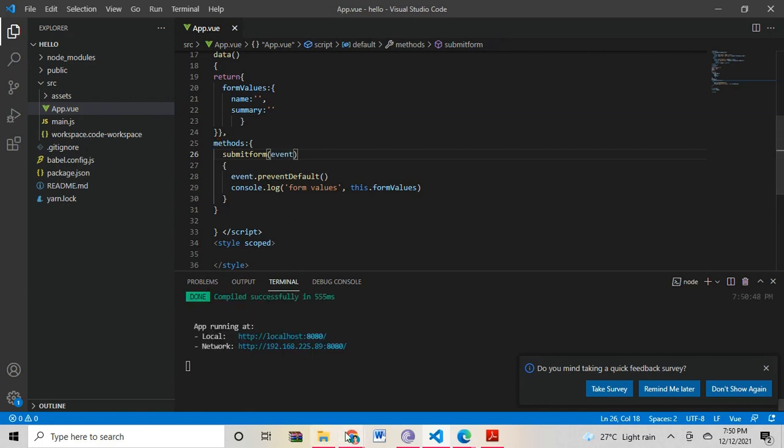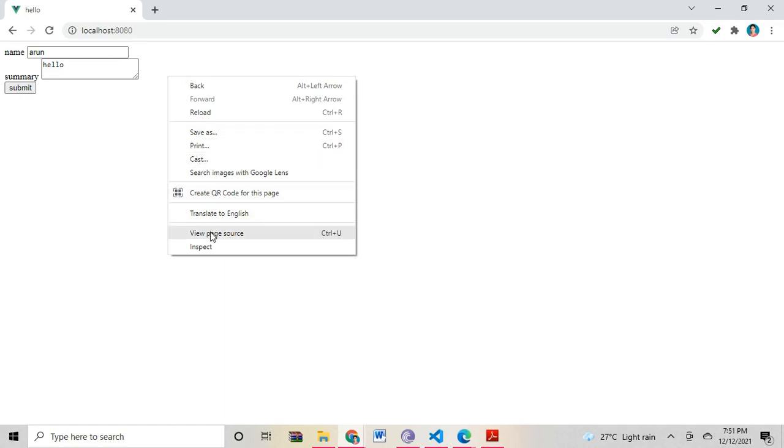Okay. Now go to the browser, refresh this one. I'm giving a name like Arun, and you can give any summary report. I'm giving hello. Submit this value. Right click, inspect this page.